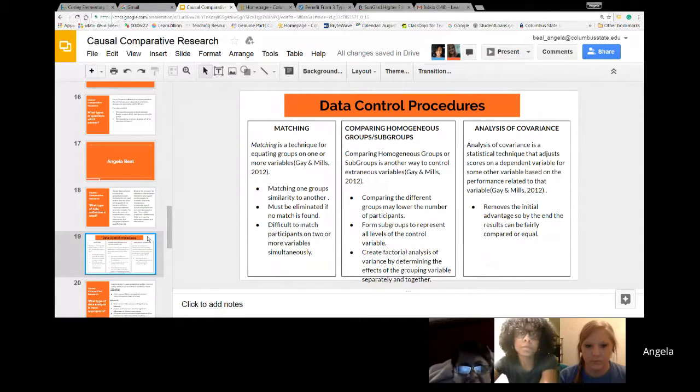If you can't find anything where the groups are equal on one or more variables, then that group must be eliminated. Also, you must find out whether it's difficult to match participants on one or more variables simultaneously. You also have to compare groups